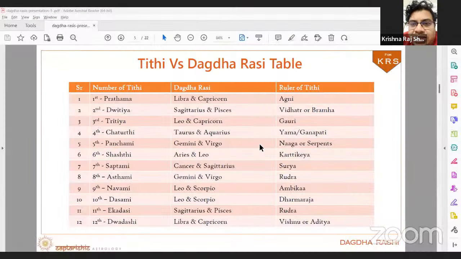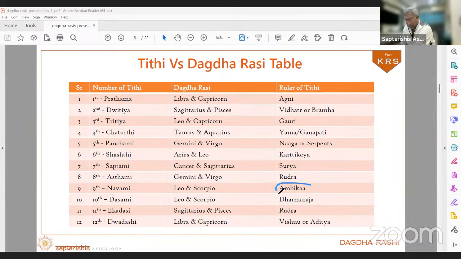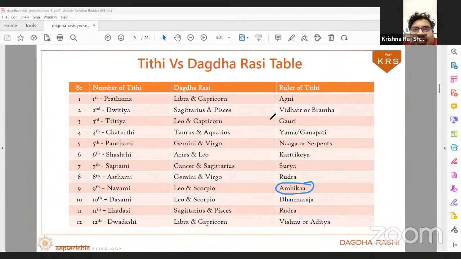I also want to put, sir, like you told, I am born on Navami Tithi, and Scorpio is my Lagna, and both the Lagna and the 10th house is Dagdha. So I find that I face many difficulties in life. Try to pray to the goddess here. I have circled it, Ambika. Haan, Krishna ji. That is only point.